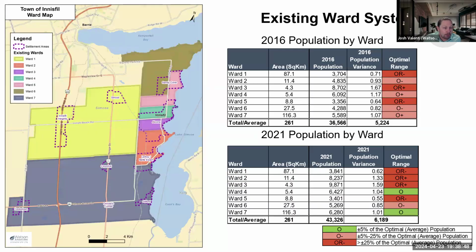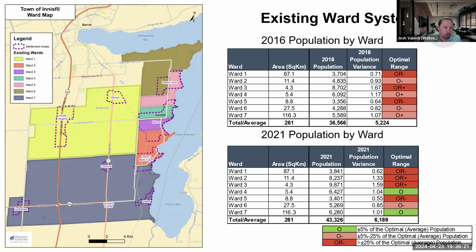So this slide here has a number of different things. We see the existing ward structure here on the left-hand side. Again, 7 wards. As we can see here, 6 have a waterfront section, while Ward 1 is strictly an inland ward. We also can see that there's a vast varying degree of geographic size in these wards. Wards 1 and 7 are of greater magnitude, while Wards 2 through 6 are quite smaller, but also quite more